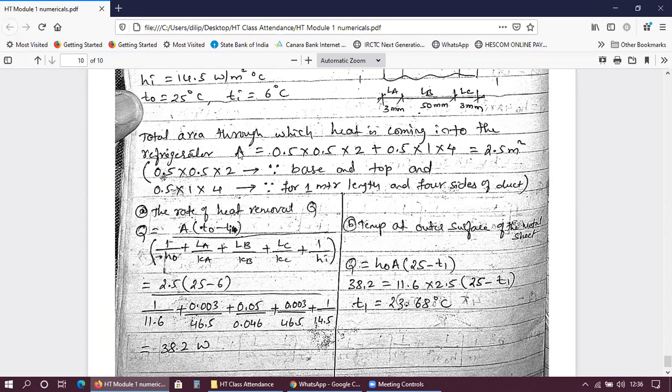Is there any doubt here? No, sir. It is clear. Okay, so I think we have solved almost all different types of problems, and the problems we have discussed are from your previous question papers. So all of you please work on this first module. This is the last problem that I am taking today from the first module. If you find any difficulty, you can call me anytime if you have any doubts related to the subject. And again I am repeating, please start working on your assignments.